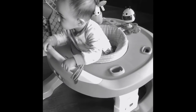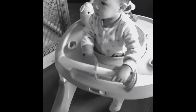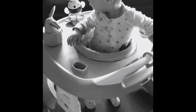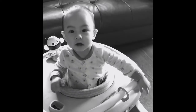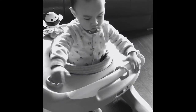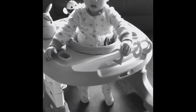This is the jumper that Ryzen really liked. It's technically a walker, but I lock it, so I don't use it as a walker, because again, it's not recommended to use a walker for a kid. For this one, it's locked, so it's good. It has 5 toys. I took out 3 of the 5 because he started bumping his head into them. But yeah, he can keep himself entertained in this for a very long time,